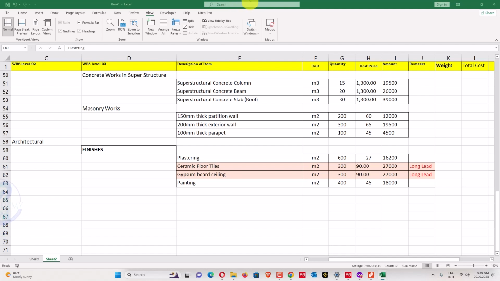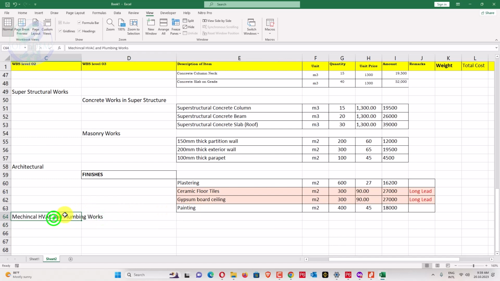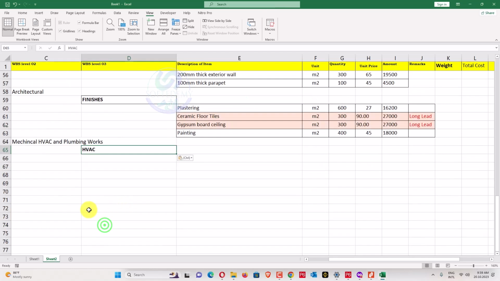The next work is our mechanical, HVAC and plumbing works, and in that work we have HVAC work separately. That one will be in WBS level 2, and HVAC work will be at level 3.